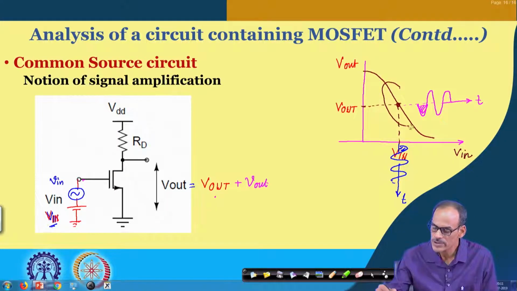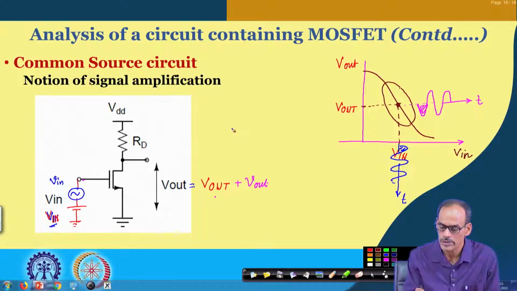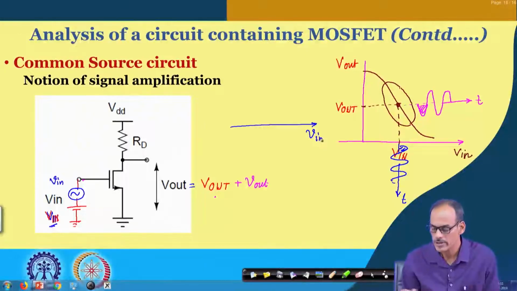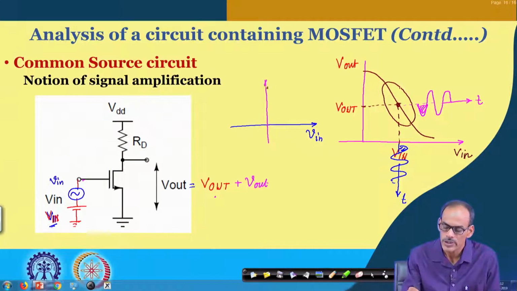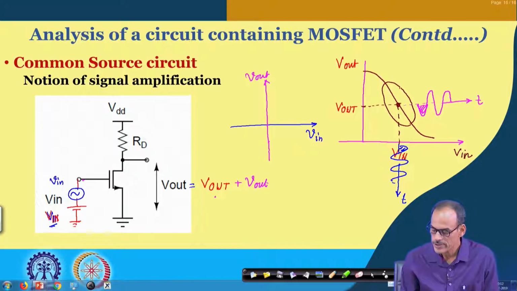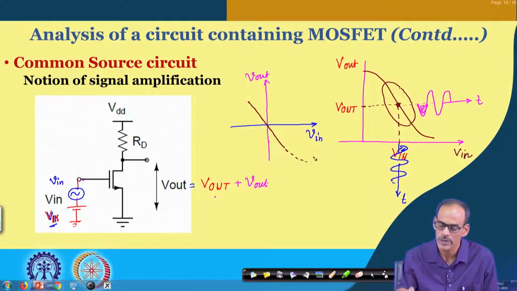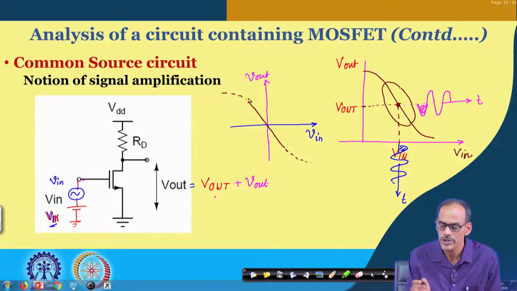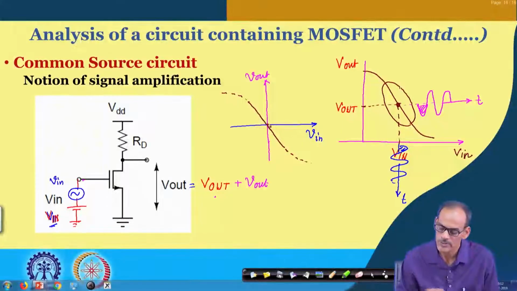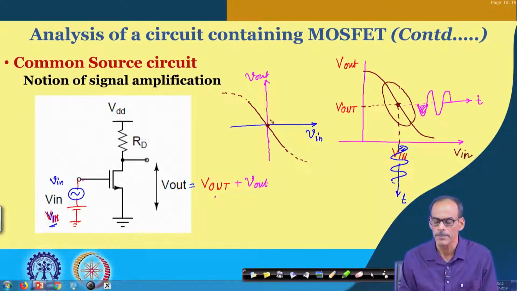or in fact you may say that this part of the transfer characteristic, if we nicely shift to another graphical representation where the x axis is representing only the small signal part, and likewise the y axis is representing the small signal output part, then the input to output transfer characteristic curve is such that it is going through the origin. Beyond this, of course, maybe it is having some significant nonlinear part, but as long as it is linear around the Q point, the operating point, maybe we are happy. So,